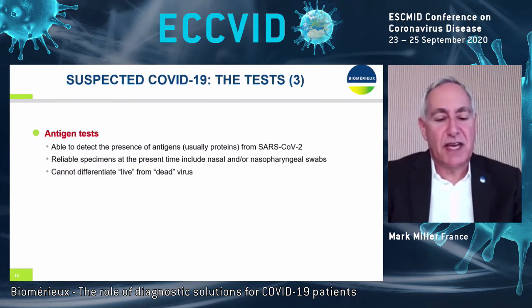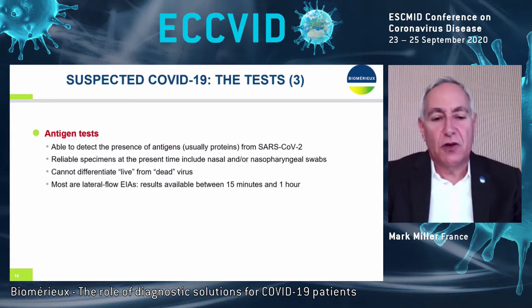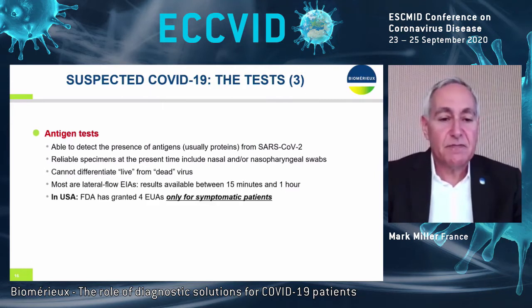Again, like PCR, you can't differentiate a live from a dead virus. And most are lateral flow EIAs or enzyme immunoassays. And the results, because of that, are pretty quick, between 15 minutes and an hour. Some of them may be a little quicker than 15 minutes. In the USA, FDA has granted 4 EUAs, and it's important to remember that these EUAs, because of their somewhat